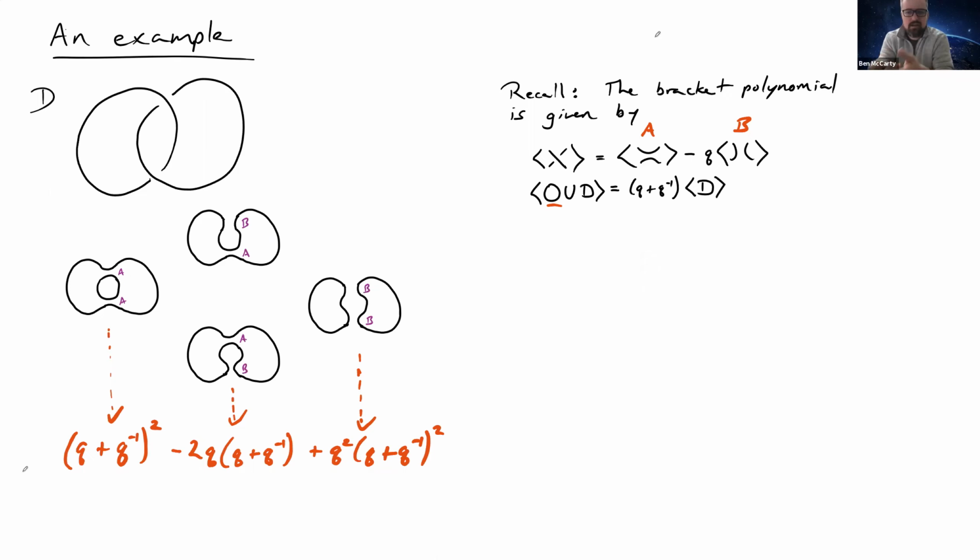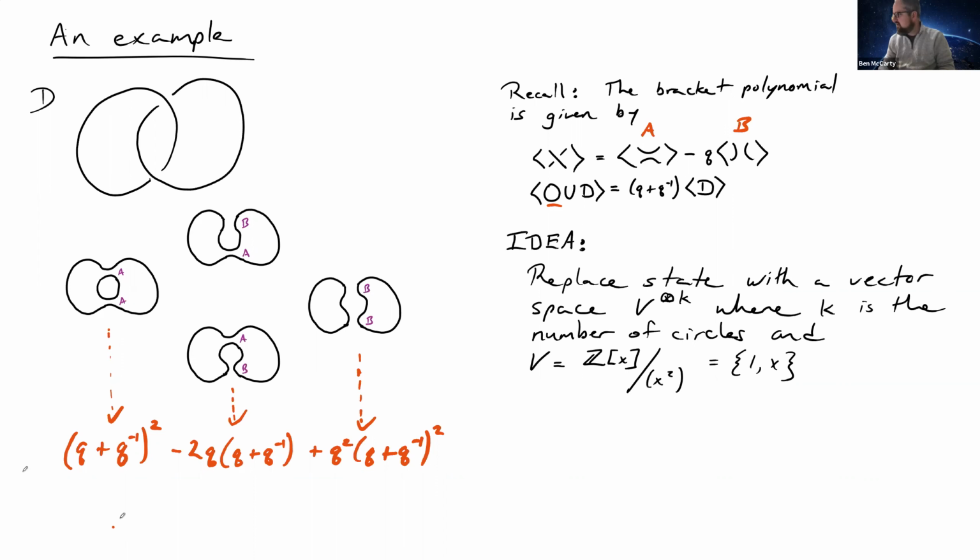And since the Kauffman bracket, up to a normalization factor, gives you the Jones polynomial, or you renormalize it, you multiply by a factor that depends on the writhe, you can get the Jones polynomial from it. If we get a homology theory that categorifies the Kauffman bracket, we can then do grading shifts to produce the Khovanov homology. And so our idea is going to be, for this, to replace each of these states with a